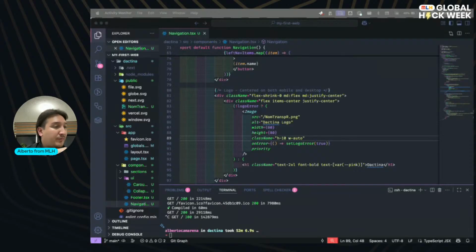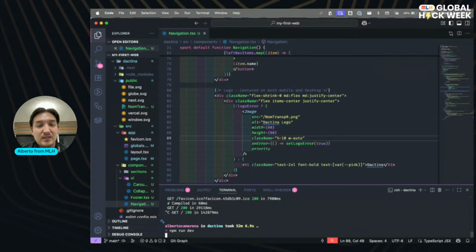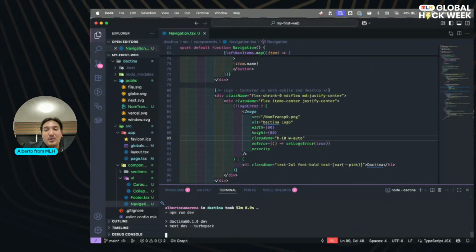Maybe we close the process now and we can have the memory back again. Let's npm run dev to get this done again and try to see if we can keep working.